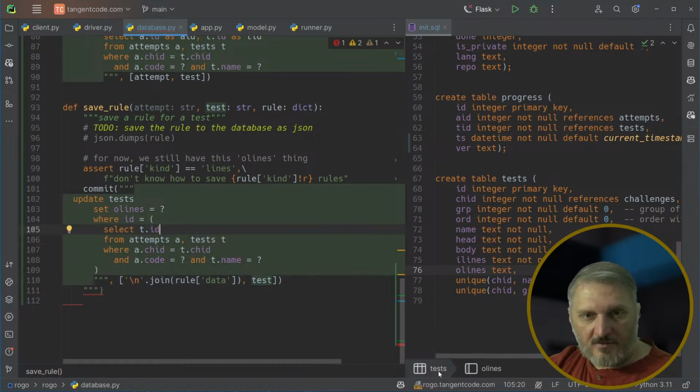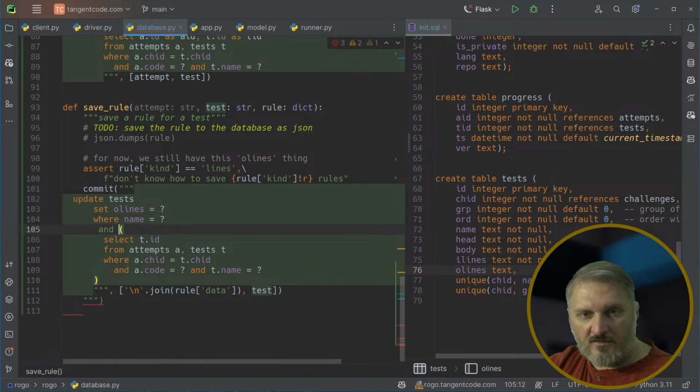Where name equals T. Yeah, so update test set O-lines equals question mark where ID is equal to, no. Update test set O-lines equals question mark where name equals question mark and, Copilot was almost right. Where name is question mark and name and